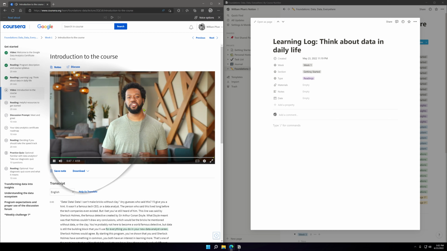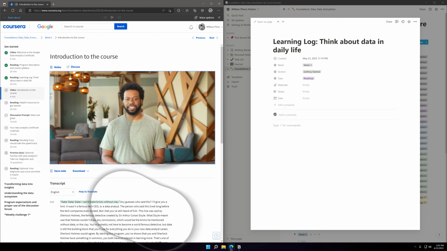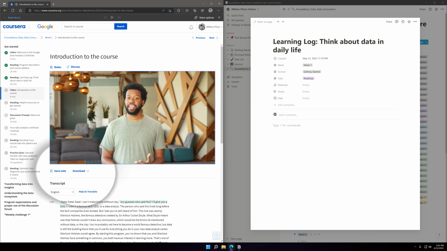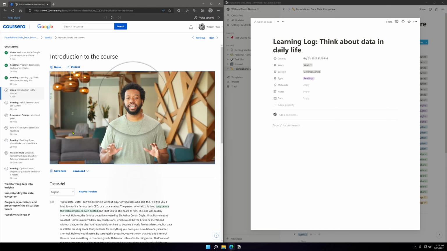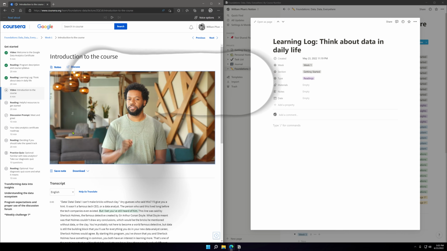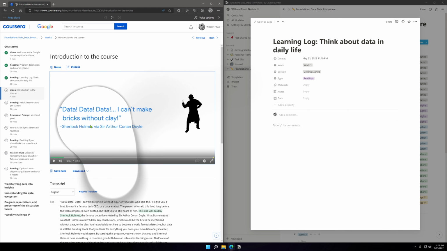Do in your new data analyst career. Data. I can't make bricks without clay. Any guesses who said this? I'll give you a hint. It wasn't a famous tech CEO or a data analyst. The person who said this lived long before tech companies even existed. But I bet you've still heard of him. This line was said by...